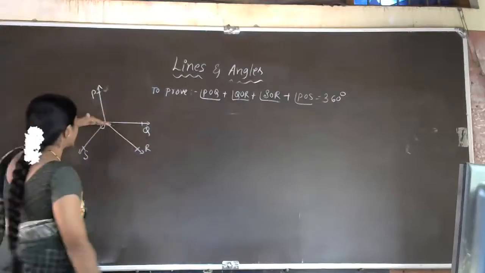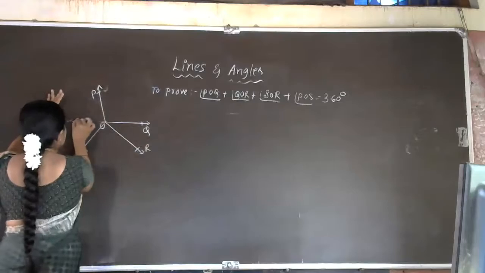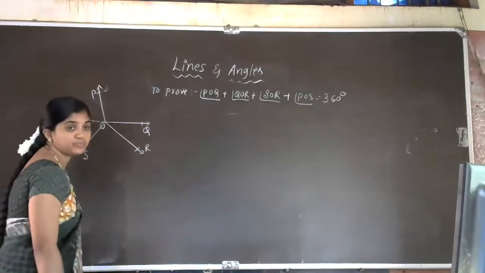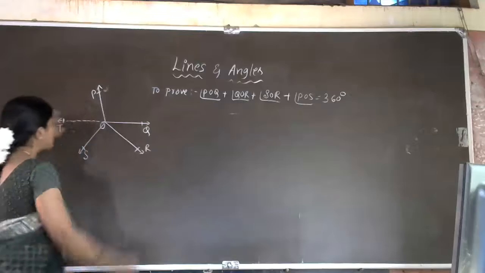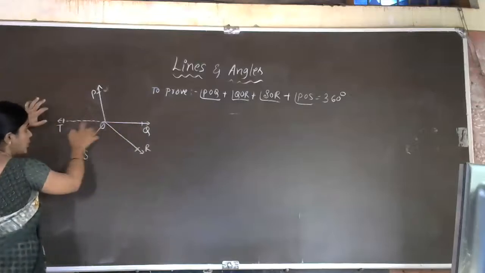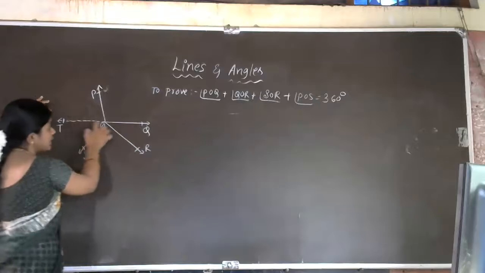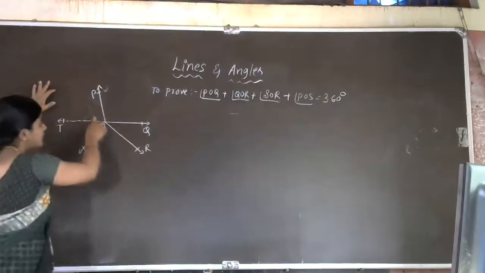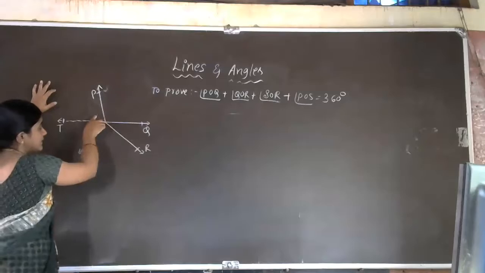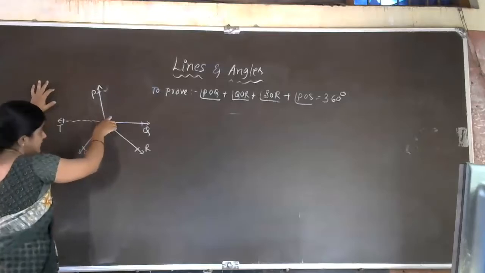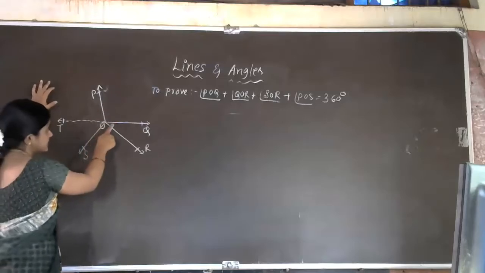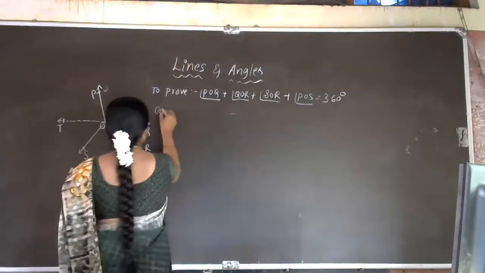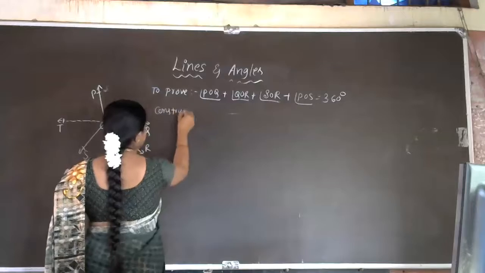Always we have to show the construction in a dotted line. Okay, remember that one. So we extend this OQ up to T, then we got the straight line, that TOQ is a straight line. Now we are observing the linear pair here. This one plus this one is 180 degrees. And this plus this is equal to 180 degrees. We'll write the construction step here.